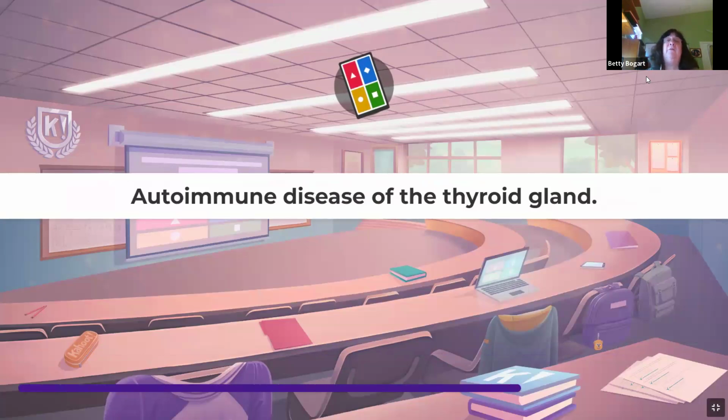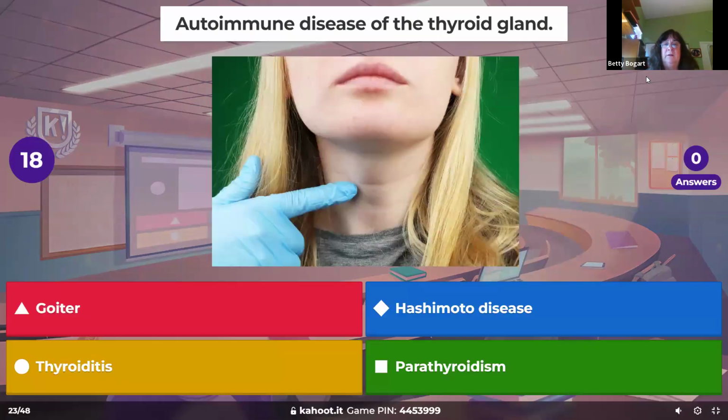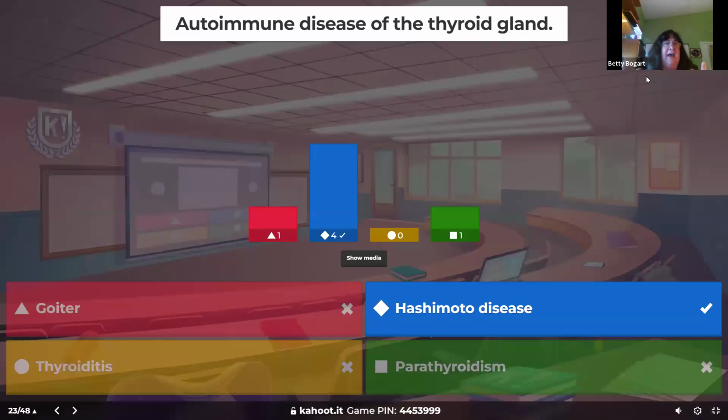Autoimmune disease of the thyroid gland. Now, one of the things with autoimmune disease and thyroid, it just means you can't do surgery on it because you have to have it there. What does that autoimmune do? It causes a lack of thyroid hormones. Usually, these are young girls, late school age to early adolescence, where we find it. And they're going to need more than one type of thyroid hormone, and it needs to be monitored really closely. It's called Hashimoto disease.